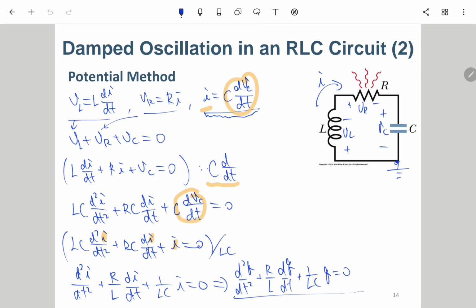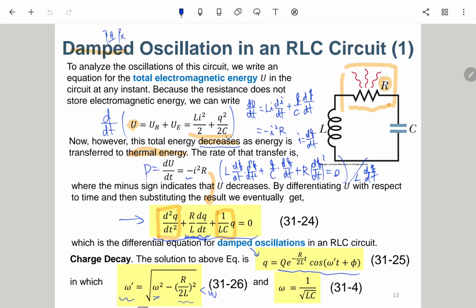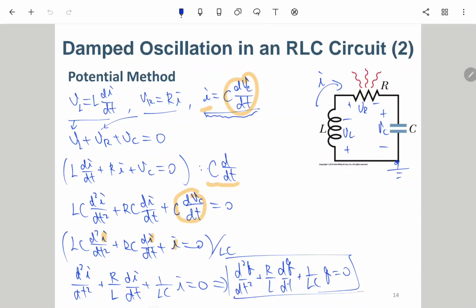So up to this point we have already derived the same equation using the potential method rather than the energy method. Okay, so maybe let's have a 10